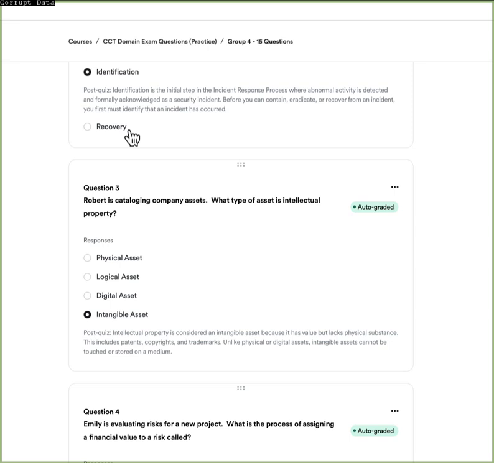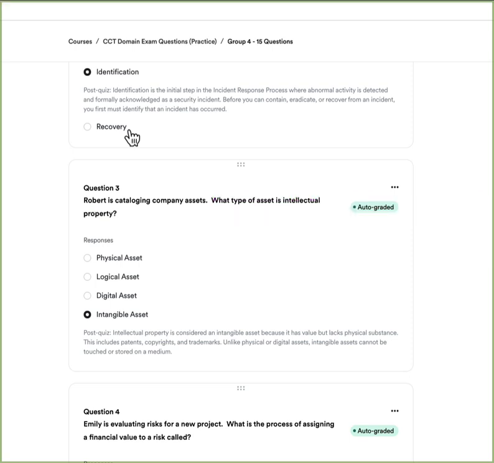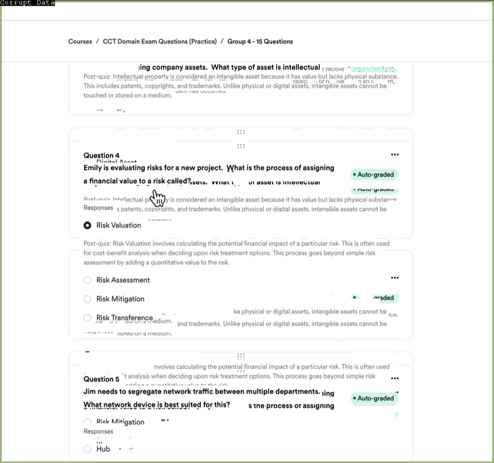It's in your head. But the moment that you put it into a digital asset, that's where things can change. And so you have to just keep in mind when you're talking about intellectual property, what is it? It would be an intangible asset. But the moment you put it into a digital medium or a physical medium, it would become a digital asset or a physical asset.